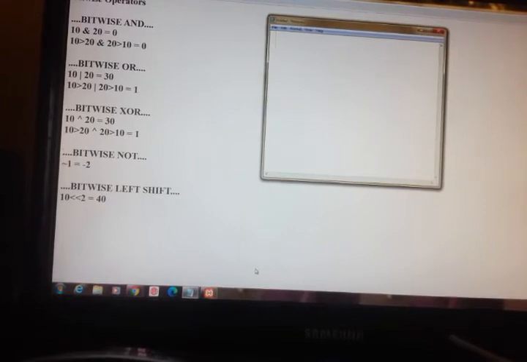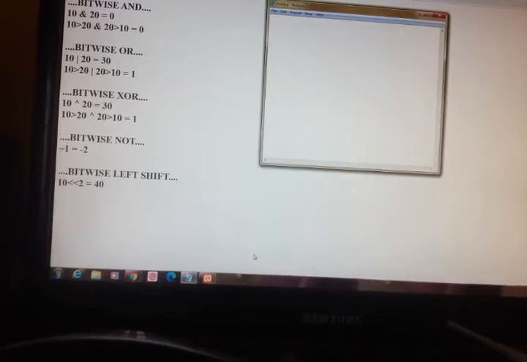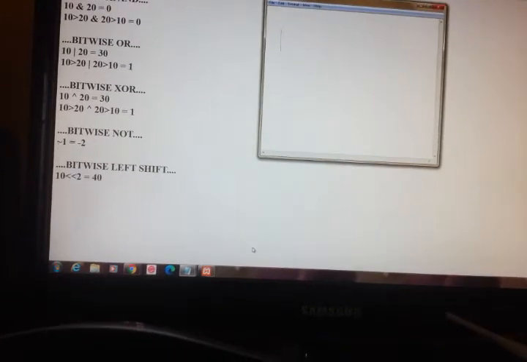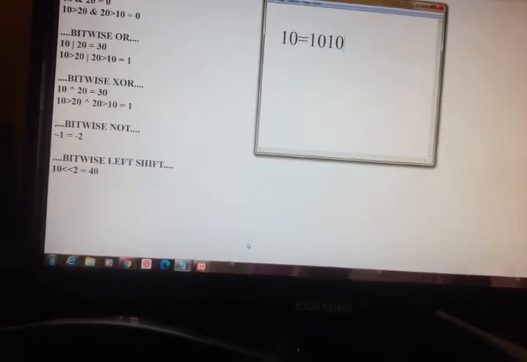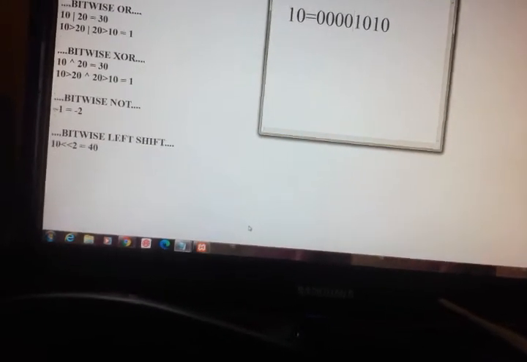So how we got this left shift, I will show you. Ten in binary, you will write as 1010. Here we use 8 bits, right?